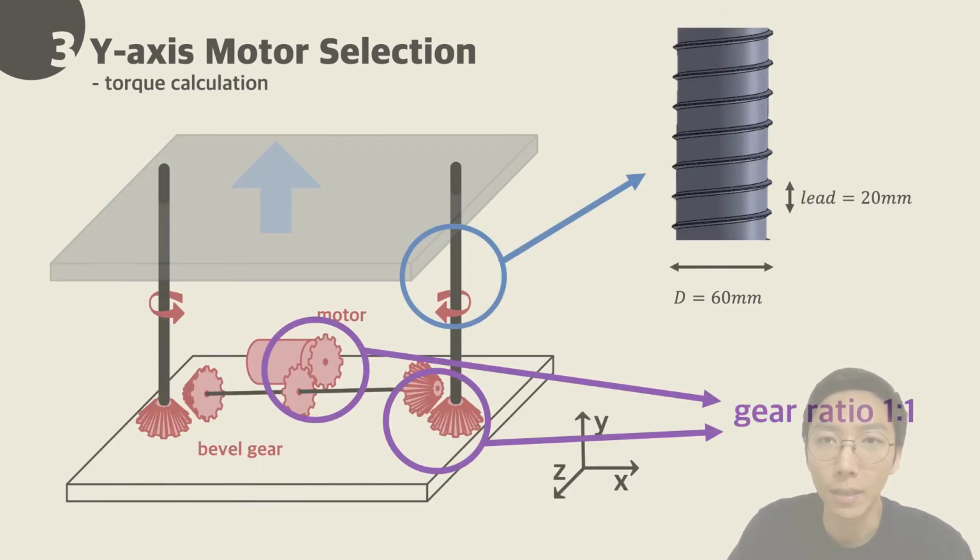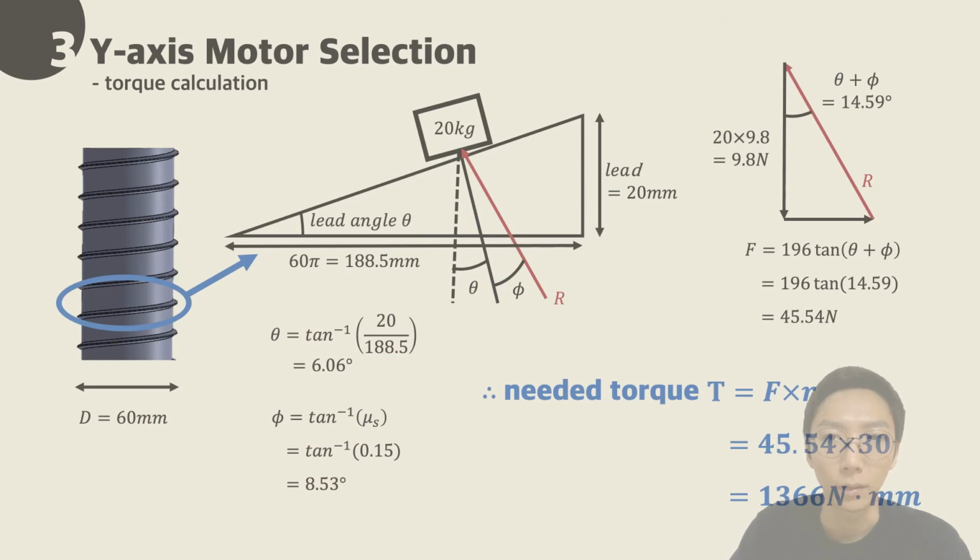The torque of the y-axis motor can be calculated through the lead screw. Because the ratio of spur gear and bevel gear is both 1:1, the following expressions allow you to calculate the force and torque required for the lead screw. Theta is the lead angle and phi is the friction angle determined by the friction coefficient of the lubricated metal. The minimum torque of the motor obtained by the calculation is